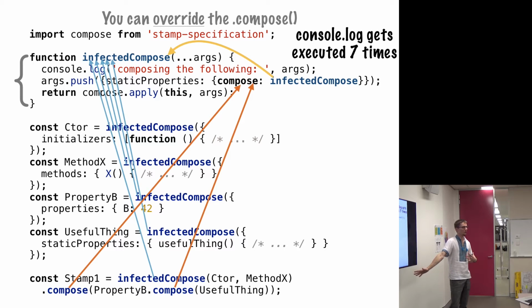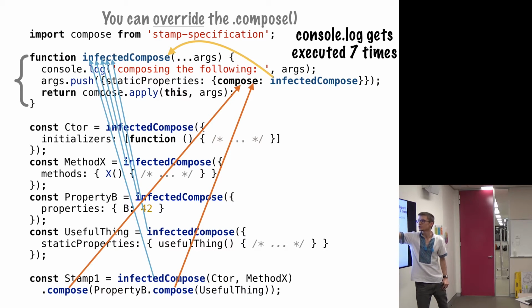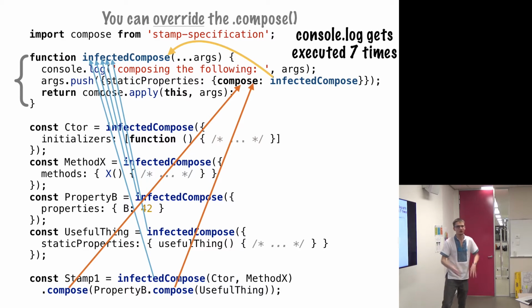Are you following me? Instrumentation, AOP type stuff. This means you can insert any kind of logic inside here, like stripping anything, checking conflicts, collisions, do whatever you actually want. And moreover,